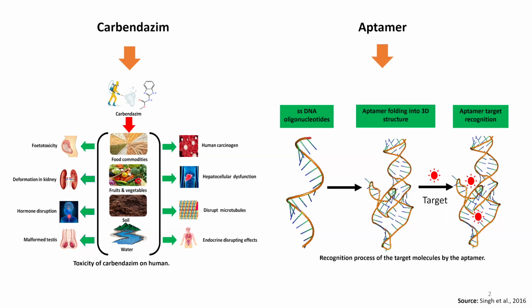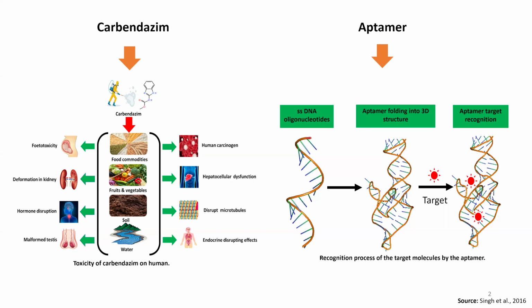So why is this carbendazim molecule causing a problem? There are a number of things potentially associated with it. First, it is causing phytotoxicity, and it comes under human carcinogens. The WHO has already categorized this molecule. Only a certain MRL, maximum residue limit, is allowed in food and grains. So the Food and Agriculture Organization only allows this molecule to be used within a permissible limit in the food